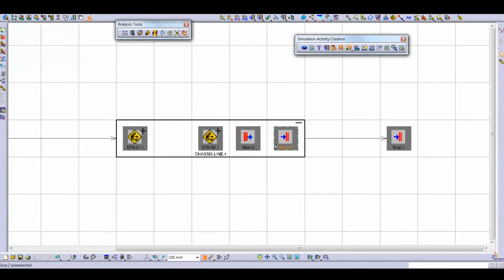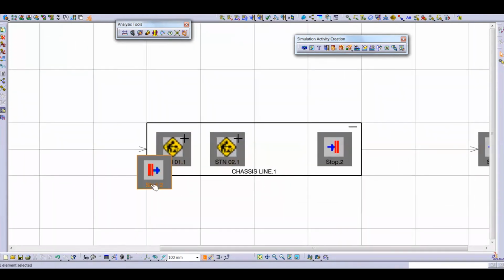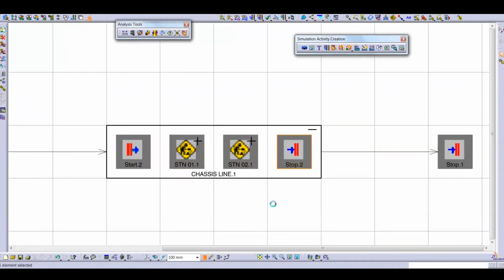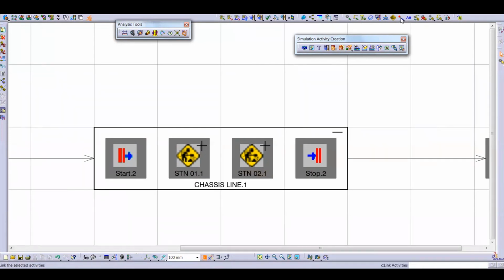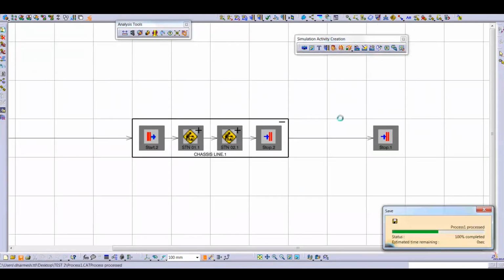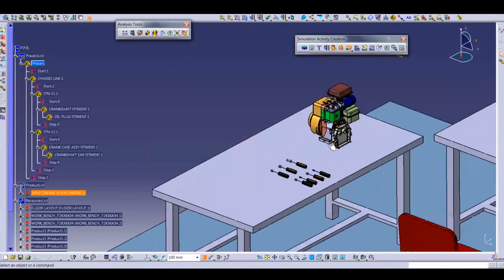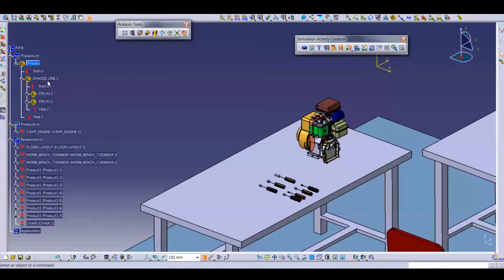When we are sequencing the chassis line, this is start and this is stop. So first we select insert activity from start to station 1, then station 2, then stop. Control S, save, and close the part chart, and you can see your sequence here. This is the chassis line, then start, station 1, station 2, and here the simulation will be.